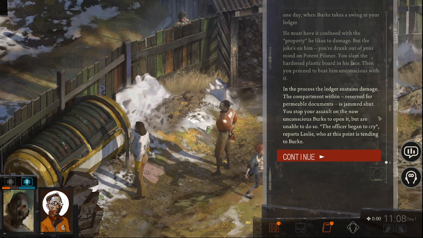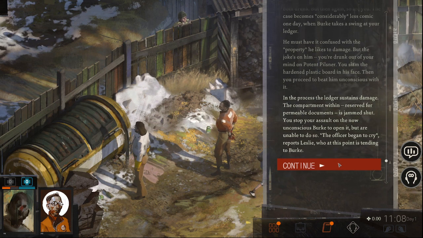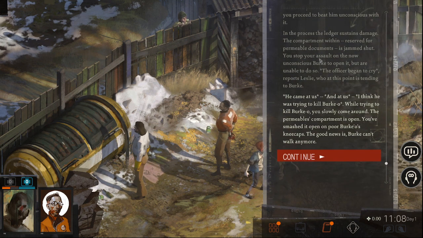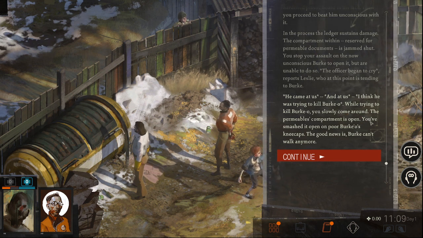I feel like I'm reading, but like a separate story from this. It's weird. On the now unconscious Burke to open it, but are unable to do so. Are we still investigating a body? Reports Leslie, who at this point is tending to Burke. He came at us. Oh my god. At us. I think he was trying to kill Burke. While trying to kill Burke, you slowly come around. The permeables compartment is open. You've smashed it open on poor Burke's kneecaps. The good news is, Burke...